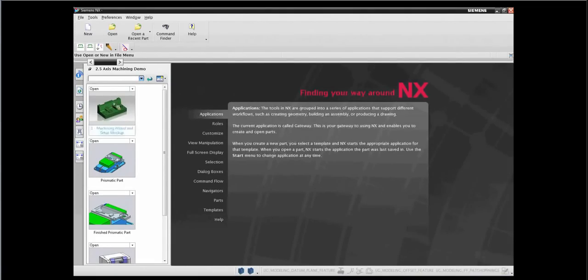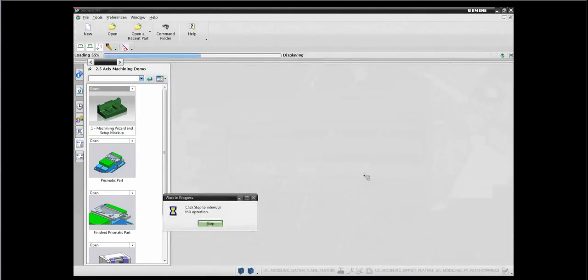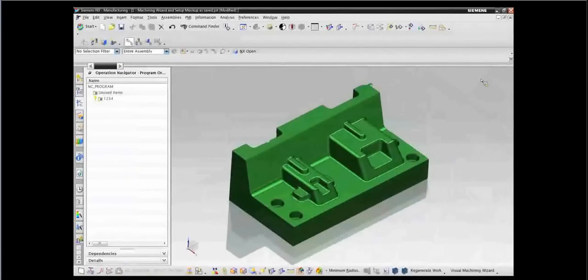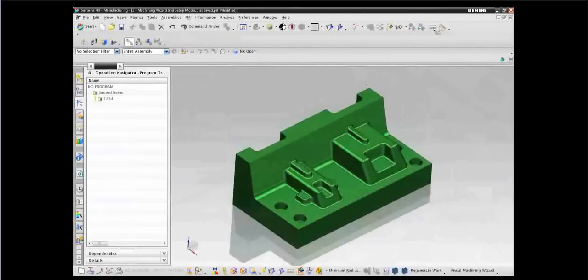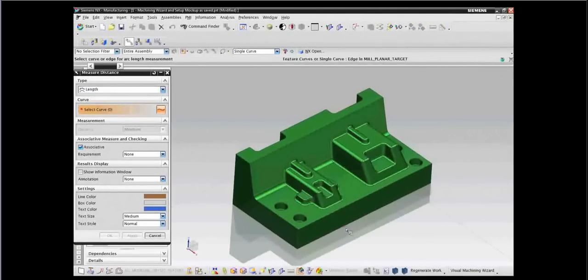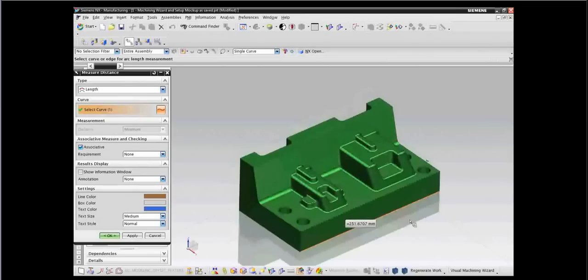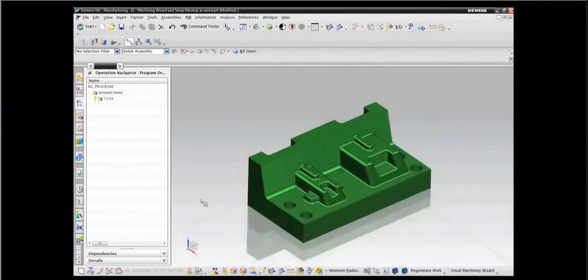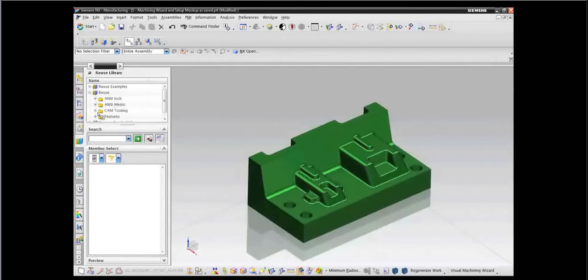Good, thank you. So let's open up a simple part we'll start off with. And just a quick overview of some of the capabilities in NXCam. We have tools that we can go in and measure, say, the length of our model to get an understanding of the size of it. Or I can figure out what the height is, or in my case I'm really interested in what the width is because I want to use a vise to actually hold the part. So I'm working with a 135mm wide part, and speaking of the vise, let's go to our NXCam reuse library,